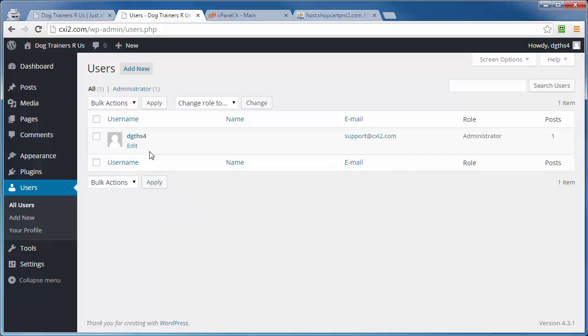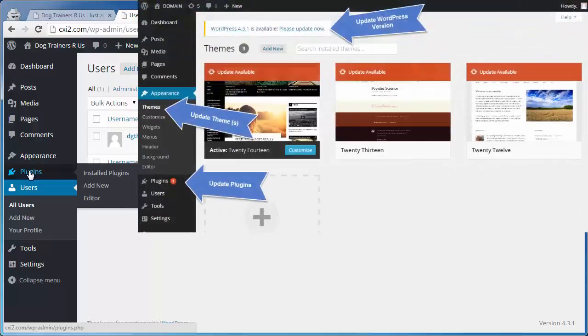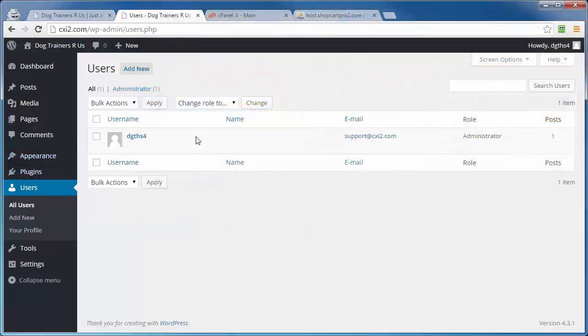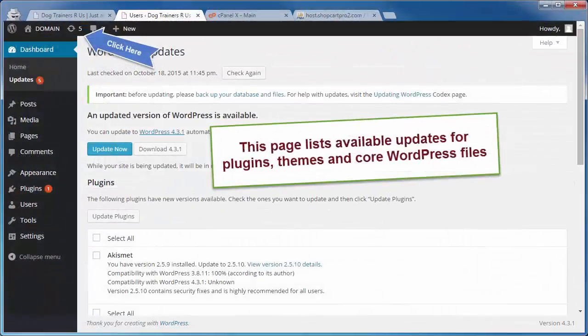Now, number 2, keeping everything up to date. What I'm referring to here is keeping your plugins up to date. When a new version of a particular plugin that you have installed comes out, update it. Likewise with themes and with the core WordPress files. The one thing about the themes and the plugins, those need to be updated immediately as soon as the new versions come out. As far as the core WordPress files, I'm in the camp that you should wait at